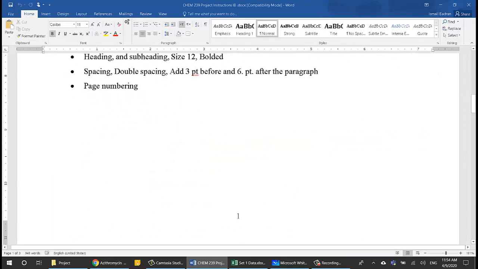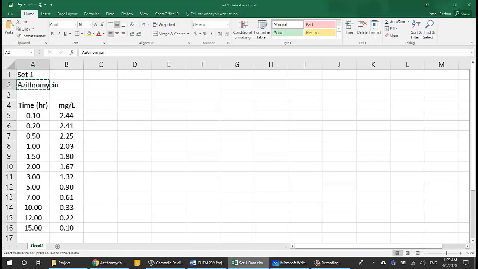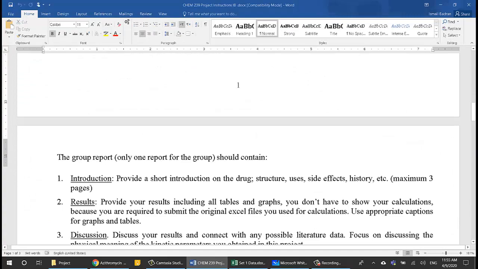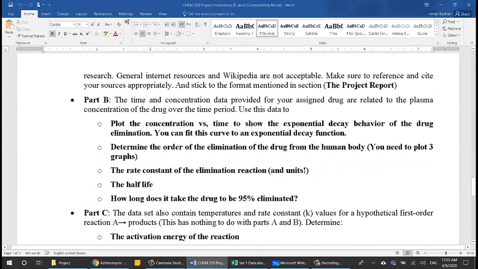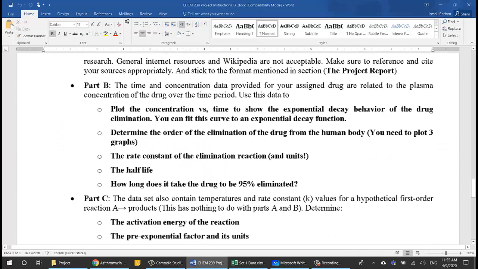Now the second part is for the data set. If you go to here, it says all details here. So for part P, the time and concentration data are provided for assigned drugs. Now use the data to do 5 things. First, plot the concentration versus time to show the exponential decay behavior of the drug elimination. And you can fit this curve to an exponential decay function